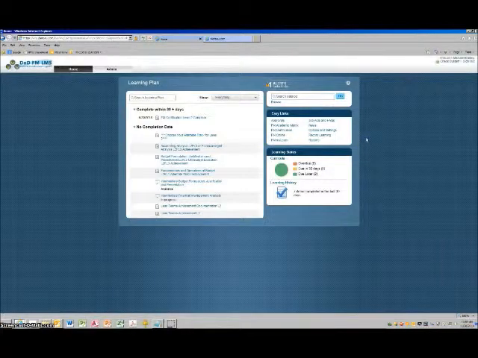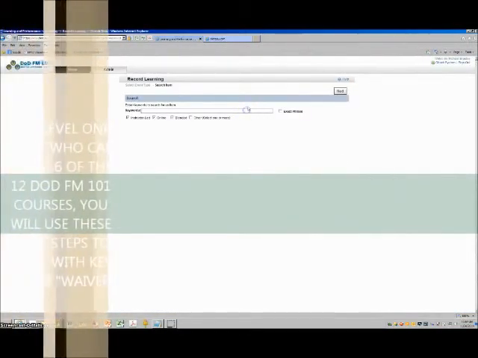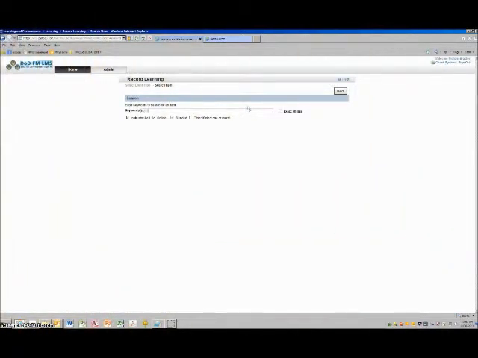Now, you will need that information for the third step, and again, have it handy so that when you get to the third step, you don't have to click away, because you will have to start that step over. All right, under Easy Links here on the right, you want to go to Record Learning. Select one time. We are going to use the Enhanced Financial Management, so I'm going to put in EDFM,